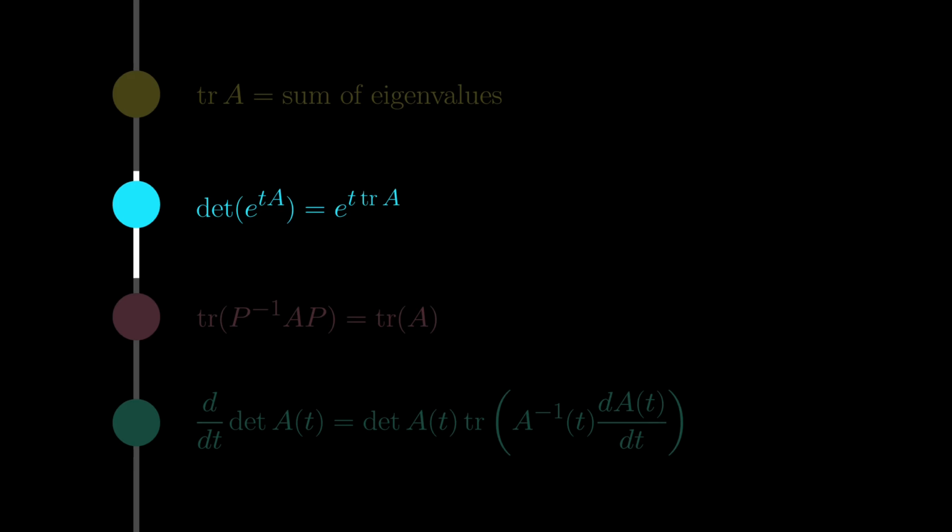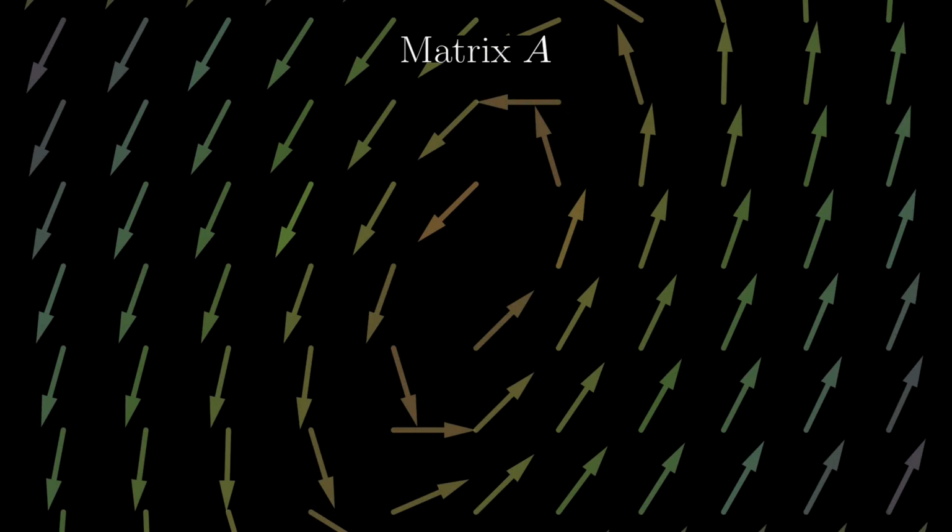Now let's go to the property that the trace is independent of basis vectors. Given the matrix A, as usual we consider the vector field generated. This time, we apply a linear transformation Q to the whole picture. In general, where the vectors emanate from would change, and the vectors attached would also change. More specifically, what had been x is now transformed to Qx, and what used to be Ax is now QAx. This one needs a bit of explanation.